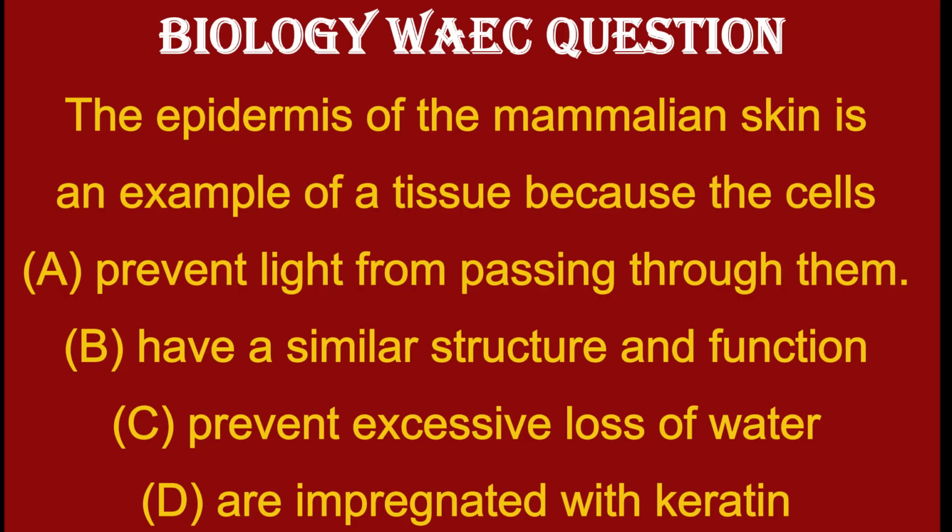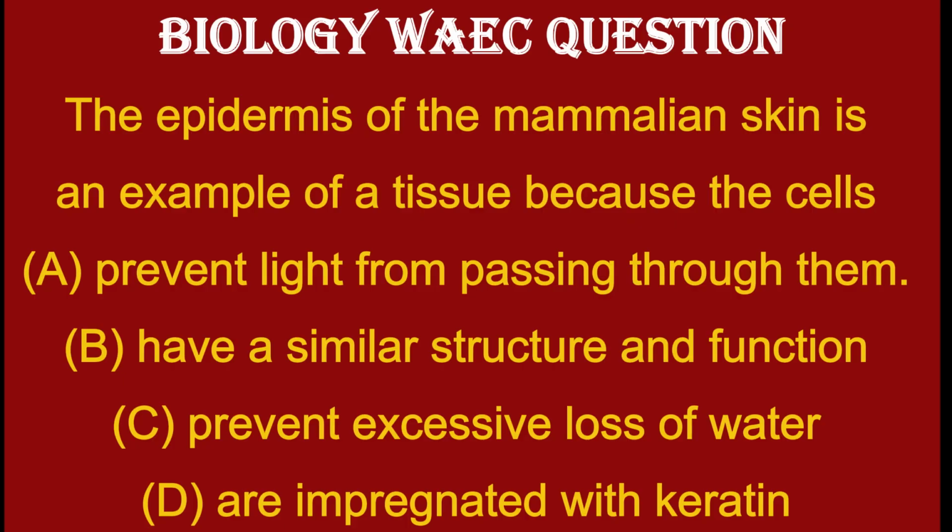Biology. The dermis of the mammalian skin is an example of a tissue because the cells: A, prevent light from passing through them; B, have a similar structure and function; C, prevent excessive loss of water; D, are impregnated with keratin. Okay, when you look at these options, you find out that the epidermis of the mammalian skin